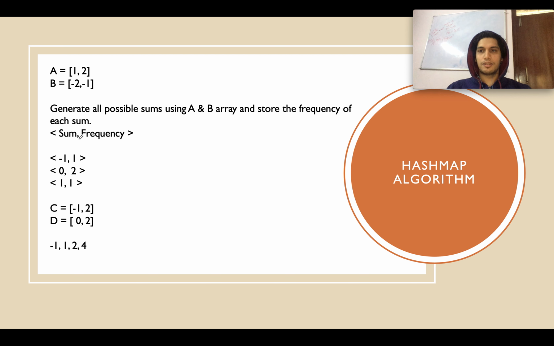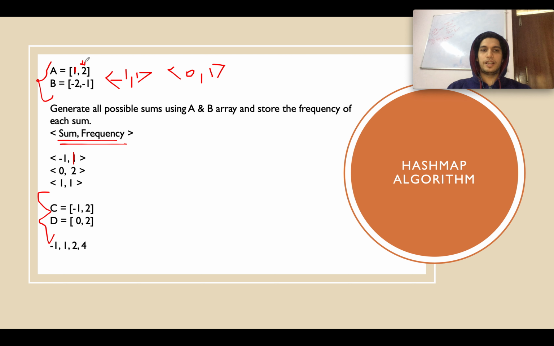So let's go by the similar theory. What you do, you take two combinations of arrays. So you merge A and B and you merge C and D. You calculate the sum and frequency map. So let's calculate the sum and frequency map for this input A and B. 1 plus minus 2 is minus 1. So minus 1 occurs for the first time in the frequency map, and hence you get minus 1 comma 1. You store minus 1 comma 1, and then you move ahead. 1 plus minus 1 is 0, and you store 0 comma 1 because that is occurring for the first time, and then you move the iteration to the second pointer.